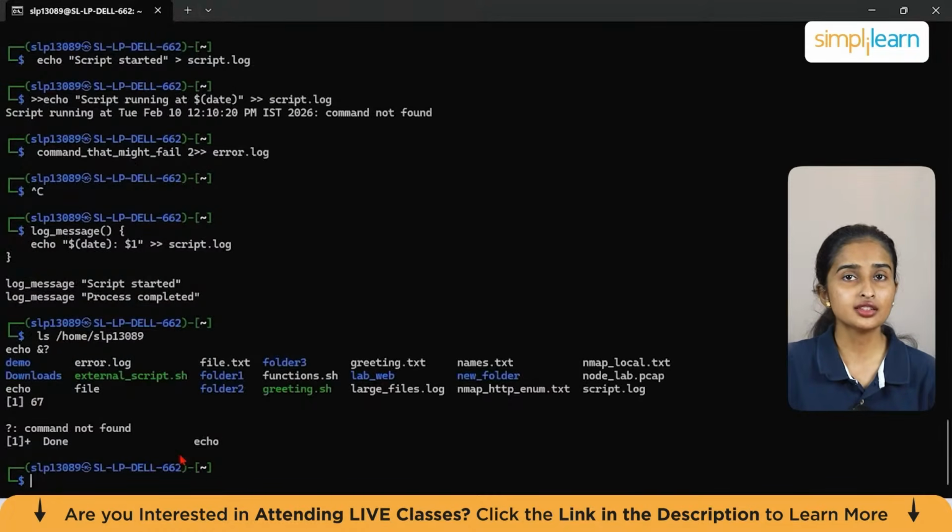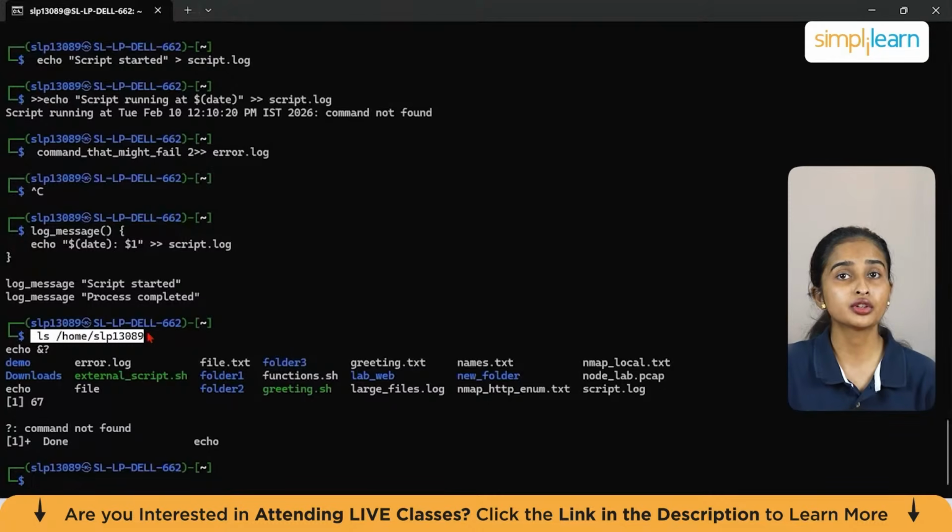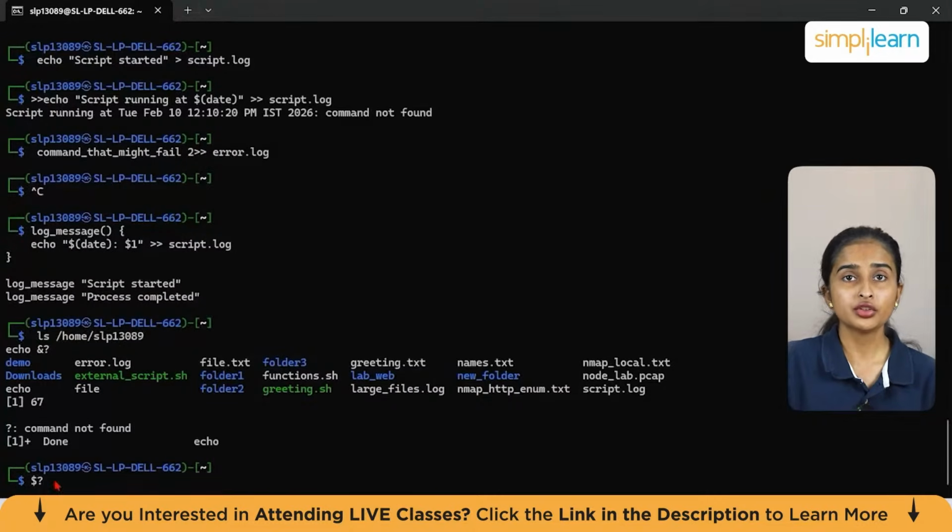So as you can see, the $? variable stores the exit status of the last command executed. If the directory doesn't exist, then the $? will output a non-zero value, typically 2 for file not found. So you can use this particular symbol in your script to check if your command has succeeded and take action